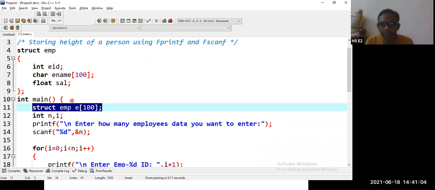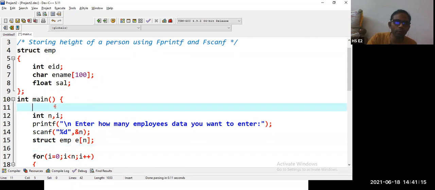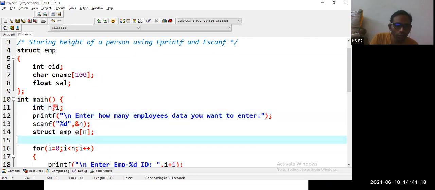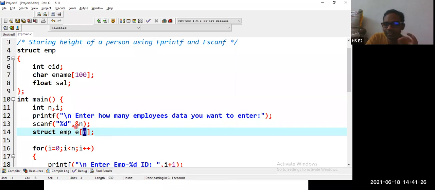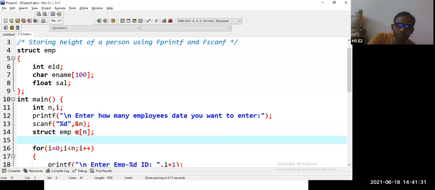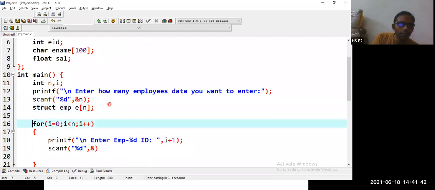If you don't want to waste the memory, then what you need to do is create this here. Instead of 100 you can write n. Whatever n value is there, then there is no wastage of memory. So that is one new thing that you can do. When you declare a structure or an array of any elements, instead of writing 100 you can write n. This is going to get accepted by online compilers and Dev-C++, both are going to accept this. So whatever size the user is going to give, that many array elements are only going to get created. So there is no wastage of memory here. So this is a new concept in our class.